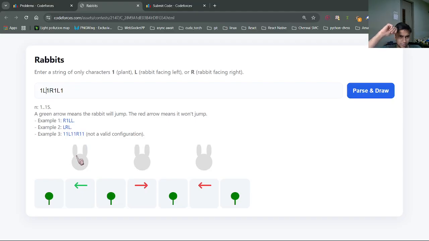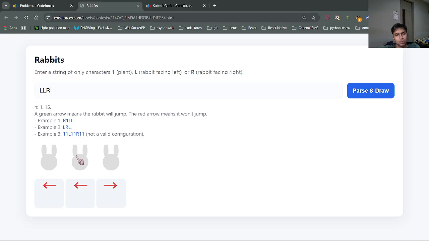If it's not zero, obviously, most of the cases, then we have to check whether the previous guy, for example, if the previous guy is a zero,